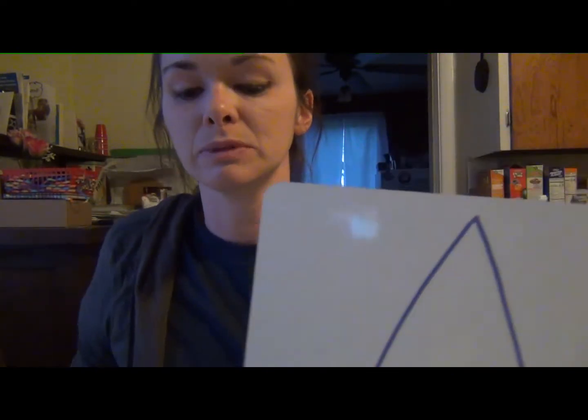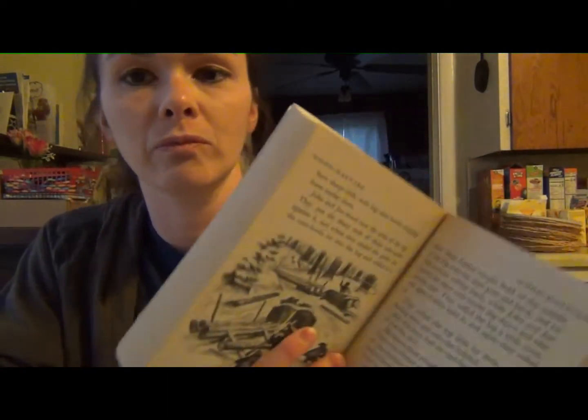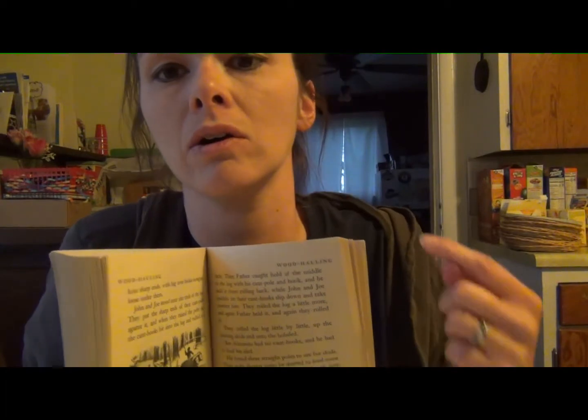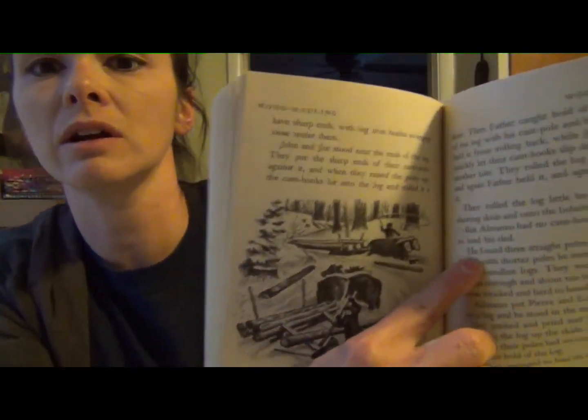What happened in the exposition of our story? What happened in the exposition here? It was part of when we were doing our vocab stuff. Our exposition really happened: Father and Almanzo and the team are all going out to do the timber. They're going out to haul wood. Okay? But what else happened? We already knew that, but what else happened here? What was like the first thing that I read here? I even got an arrow in my book.